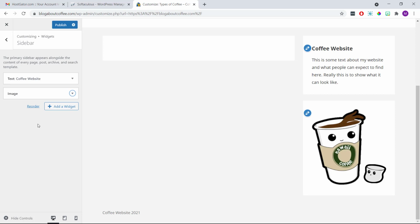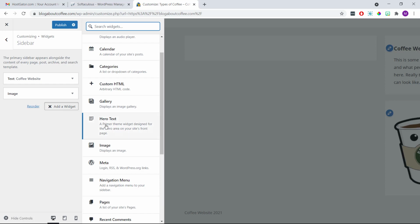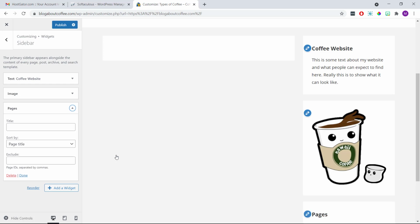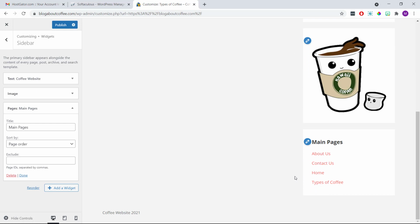So say for one last example, we wanted to add a list of our different pages to our sidebar. We simply need to click Add a Widget again on the left. Then we're going to find the Pages widget in this list and click on it. Then we can give it a title if we like at the top. And for mine, I'm going to type Main Pages. Then under this we can choose the order of our pages. And once we're done, we'll see that the links to our different pages now appear in our sidebar. Then we just need to click Done on the left at the bottom,